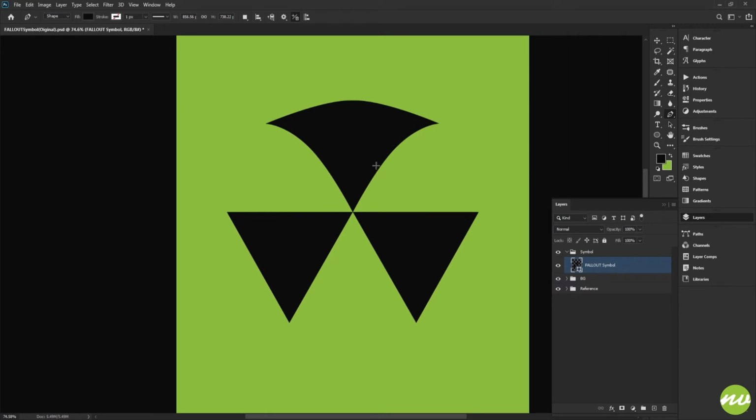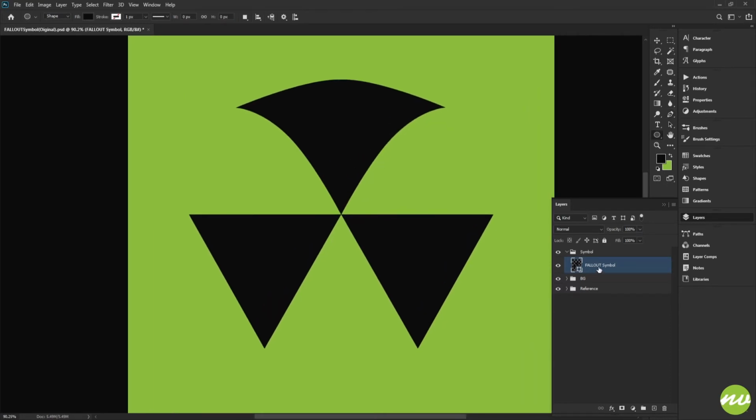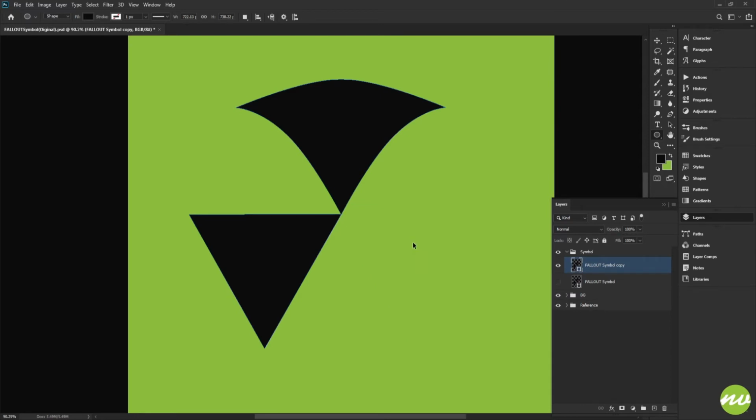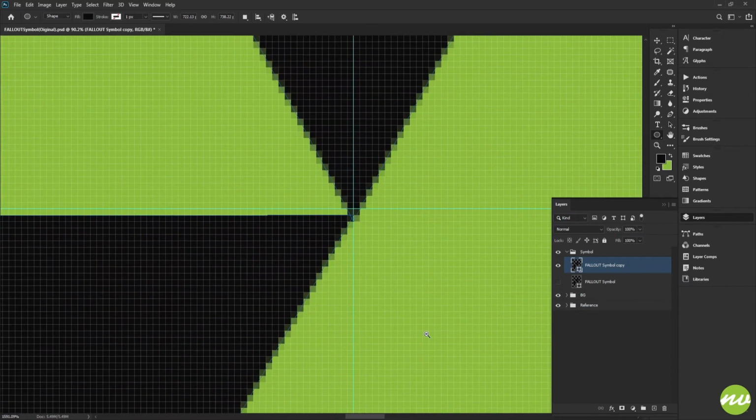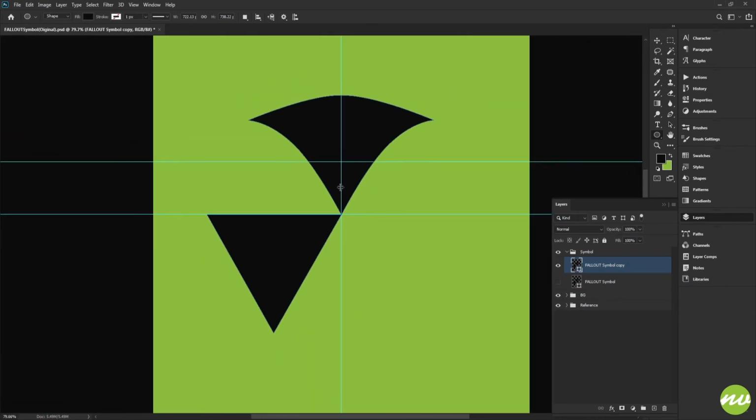So now what I want to do is tap the U key on our keyboard. I'm going to duplicate this, and I'm going to click on this and delete it. Bring my guides back, and I'm going to zoom in and just see where it's placed, okay? Now what I'm going to do is click on that, Control C, and Control V, that's pasting it, and Control